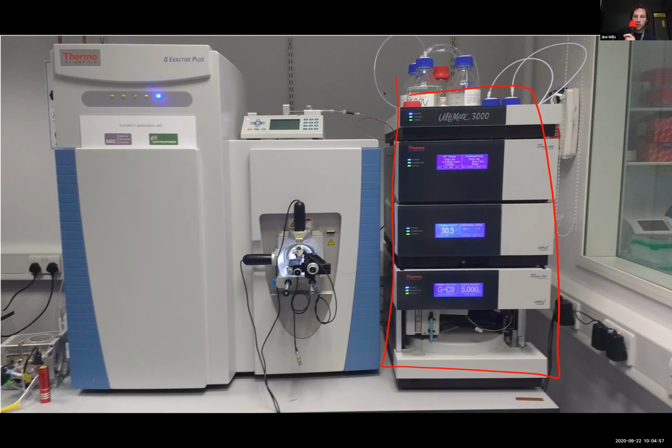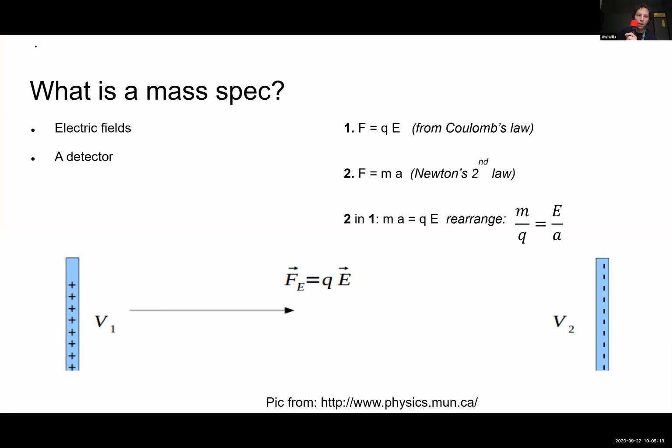But there are many, many other types of mass spectrometer, and I'm going to cover very basic principles that apply to all mass spectrometers. But ultimately, most of what I'm going to talk about applies specifically to this particular mass spectrometer here. So what is mass spec? Essentially, you can think of a mass spectrometer as a device that measures acceleration of ions, because that's kind of